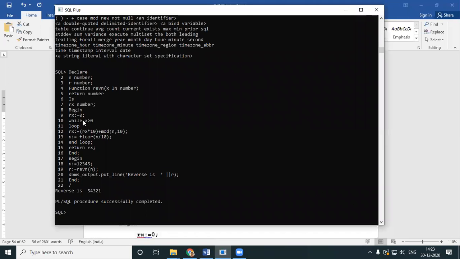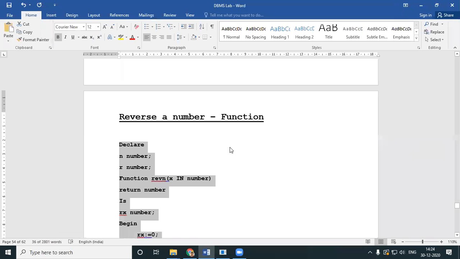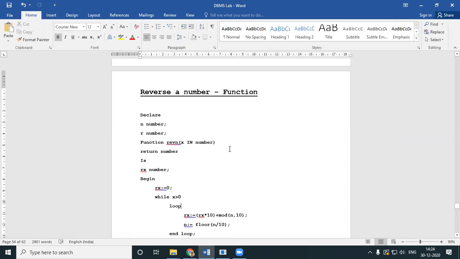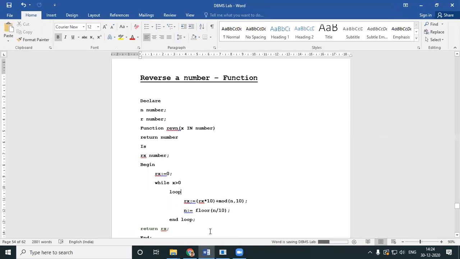Okay, you get the answer. The logic is the same. We didn't do any magic. All we did is we had an out over there. Instead of the out, you wrote return. Instead of procedure, you wrote function. You gave a return over here. And then because you have a return, you throw a ball, you should receive the ball. So you threw the ball over here. You received the ball into R. That's it. We didn't do any rocket science. We just changed things so that the procedure is now a function.